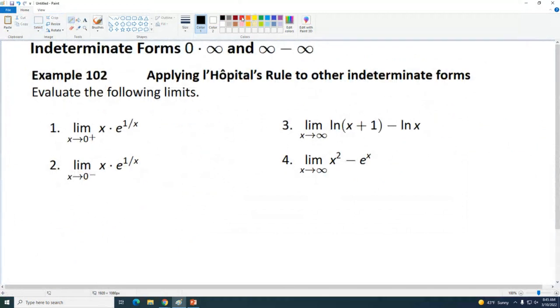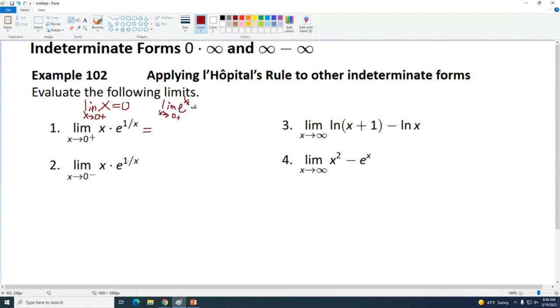All right, the first question. The first factor, the limit of x, if x is approaching 0 from the positive side, it is 0. Okay. Now the limit of e to the 1 over x, if x is approaching 0